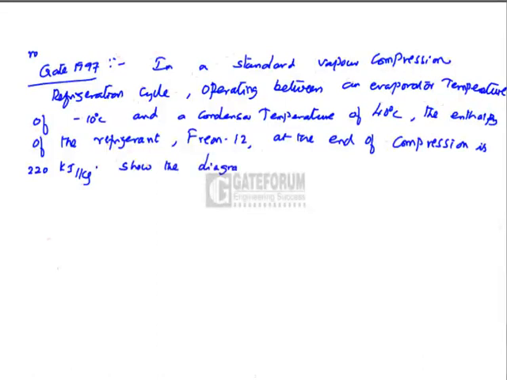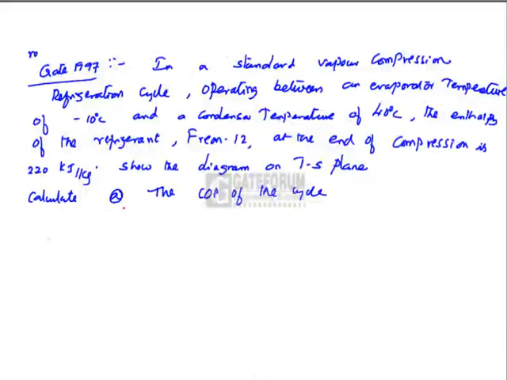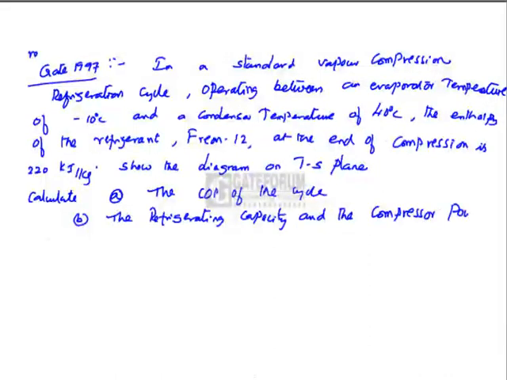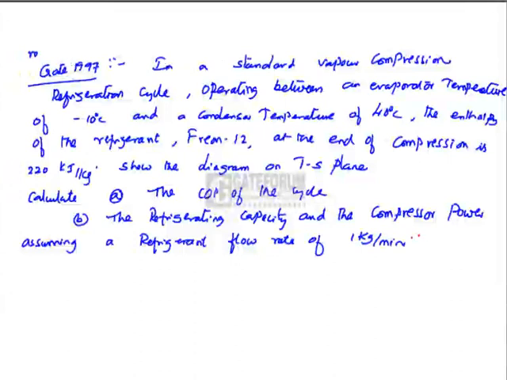Show the diagram on TS plane and calculate A, the COP of the cycle, B, the refrigerating capacity and the compressor power, assuming a refrigerant flow rate of 1 kg per minute. The extract of Freon 12 property table